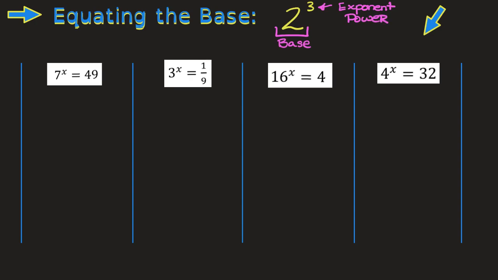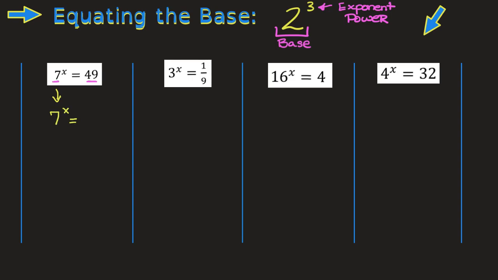So looking at our first example, the idea is to get both of the bases. We have a 7 and we have a 49 as our base, we want both bases to match. And to do that, we're going to look at the larger of the two values that are given in front of you. So we're going to bring down the 7 to the x power